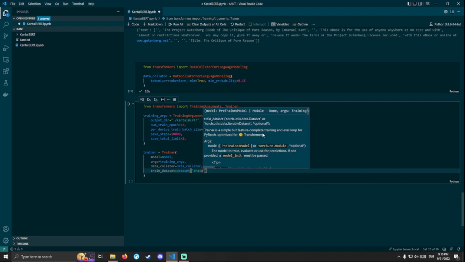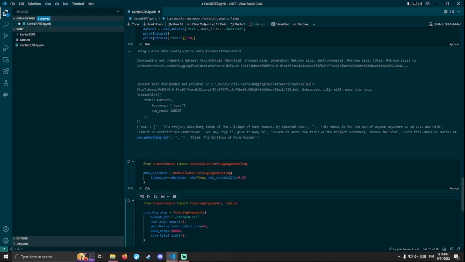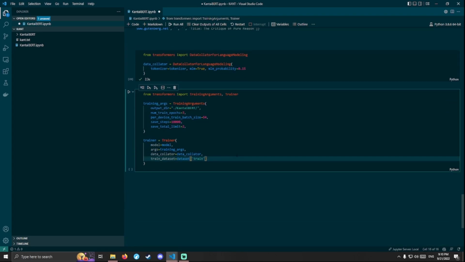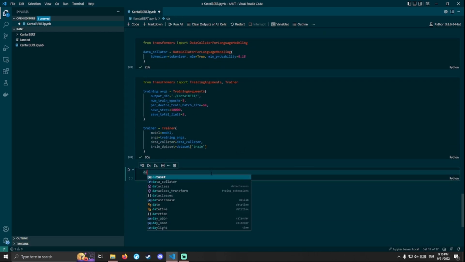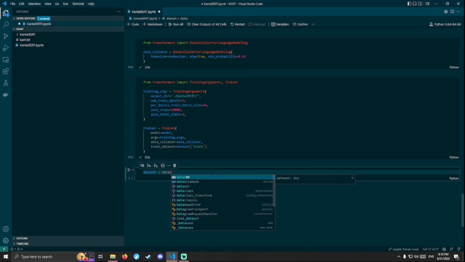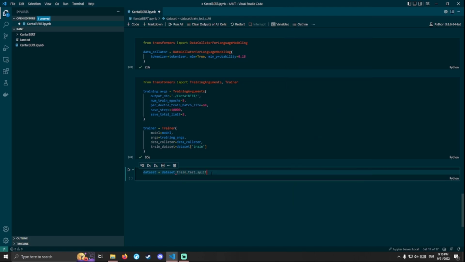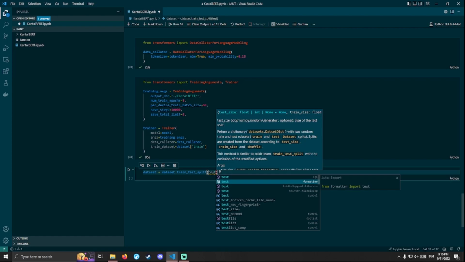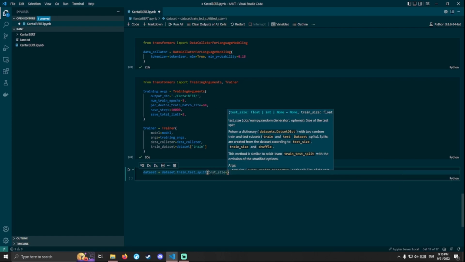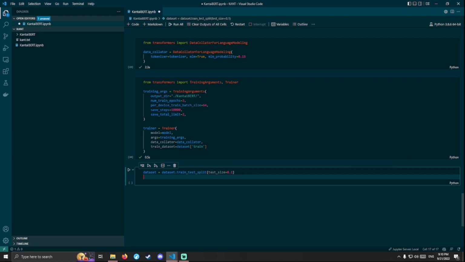train. If you want to run a train test split for something more like classification instead of a language model like this, you can do that. And you would do that by doing dataset equals dataset dot train test split, and then you'd say test size, and you'd specify this as a percentage, so 0.1 would be 10%. And then if you do that,